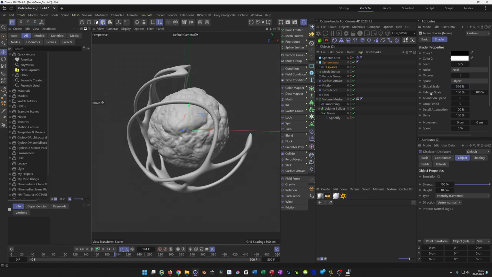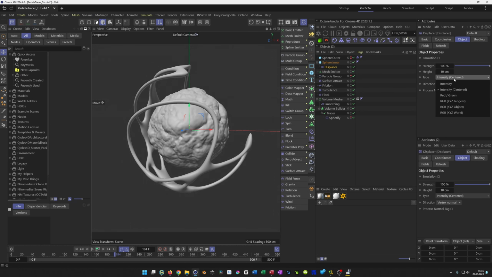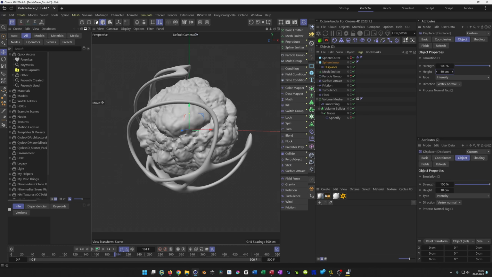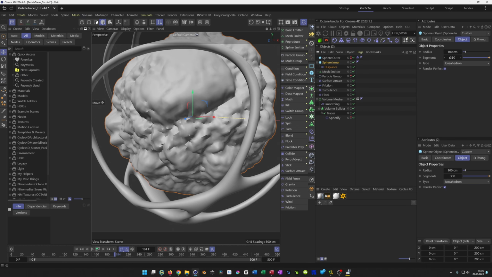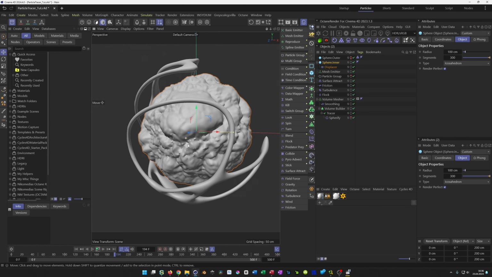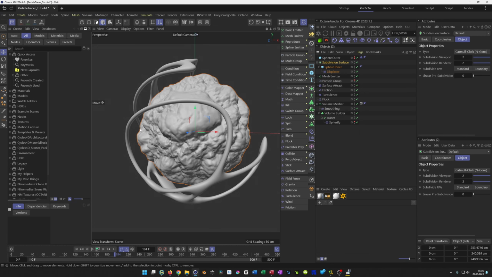Yeah, that looks not bad. And I want the displacer to displace only outwards. So I go to intensity, center to make it inwards and outwards, and just intensity go only out. And make this a little higher, so something like that. And you see, we could go up with the segments here, but what I want to do is I bring the sphere in a subdivision surface and then I displace the subdivision surface. So I bring this sphere in a subdivision surface. Of course, this makes it